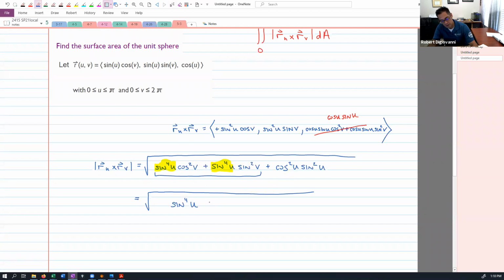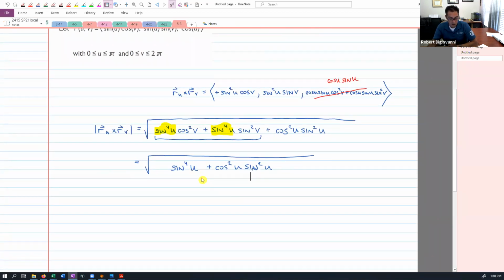And then I have over here still plus cosine squared u sine squared u. And on those, I can factor out a sine squared u. When I do that, I'm left with sine squared u plus cosine squared u, which again turns into 1. So we get the square root of sine squared u,